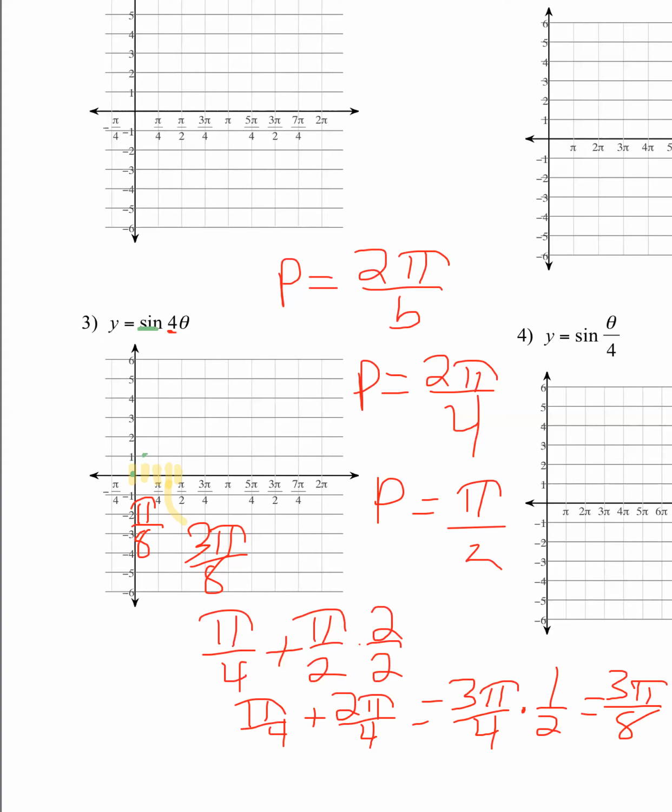My next quarter point, I'm back to 0. The next one, I'm at -1, and the next one, I'm back at 0. So as you can see, this one happens really quick. So it's boom, boom, boom. Everything's all squished in there. Okay. Now, if you're worried about these points here,